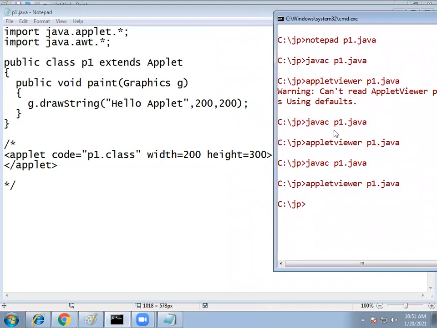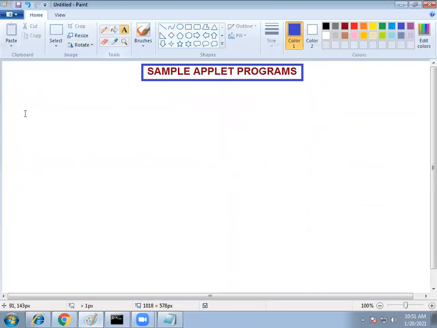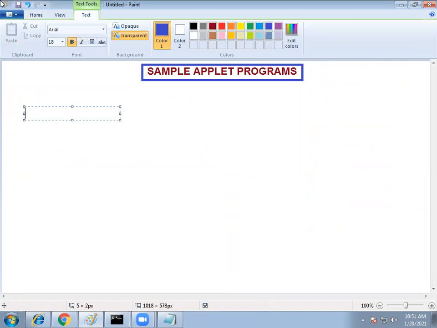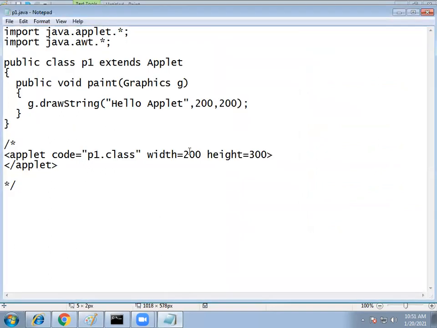Executing an applet is like this: javac p1.java, and then run the applet code using applet viewer. This is one way of executing applets. First write down the program, then we will see. Please note down the code, and then we'll see the output.